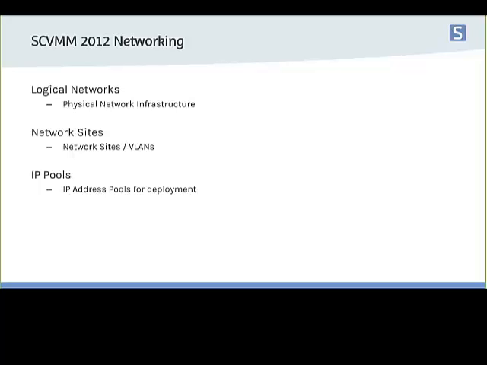I still see a lot of companies doing it via Excel sheets and things like that. That's always a problem. Normally, I ask for an IP address, they go to their Excel sheets, they ping that IP address to look if there's really nothing going on, and they just don't have a consistent list of IP addresses. So why do you still manage IP addresses if VMM can do that for you?